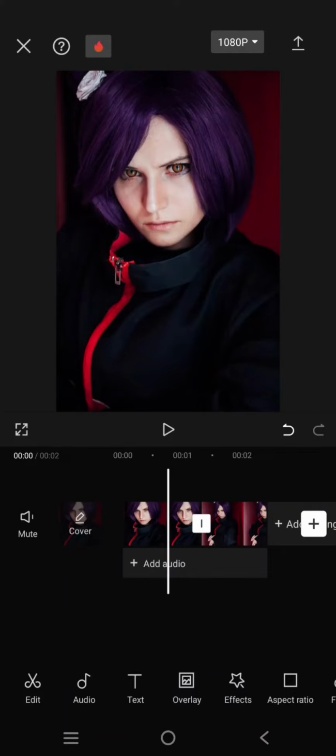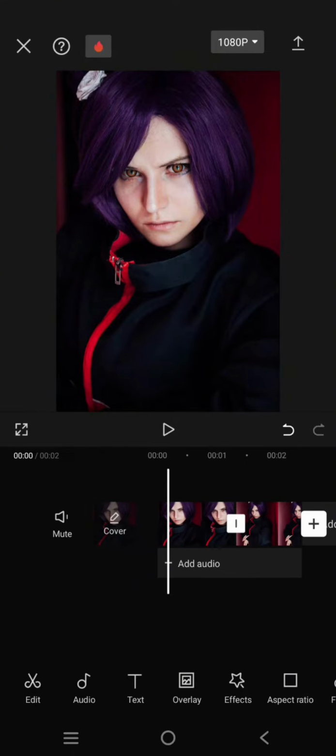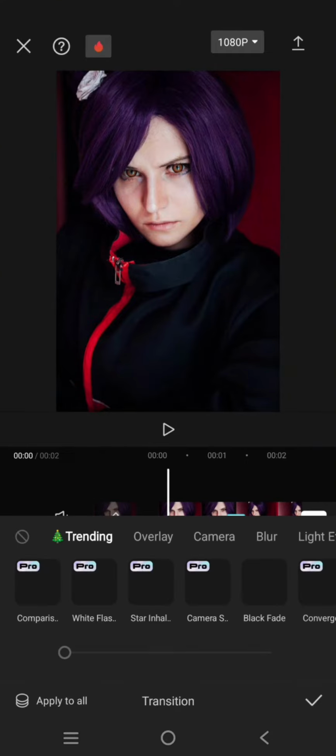On today's tutorial, I'm gonna show you how you can easily create the zoom and glow transition for your edits in CapCut. So here I'm using two photos, but you can always use more, or you can also use videos for this transition. And the first thing that you need to do is click on the transition box and add the pull-in